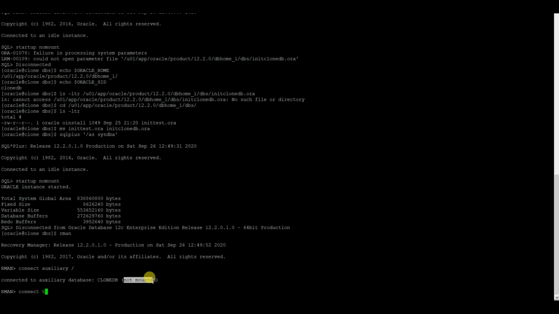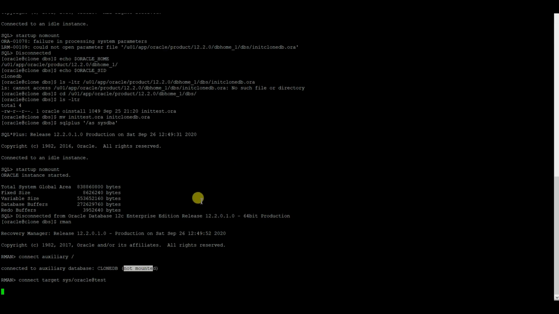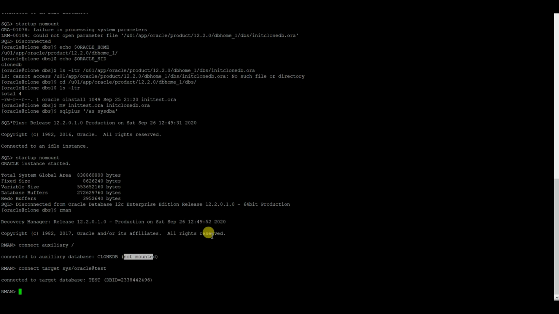And we need to connect our target. So this has connected to our target database, which has DBID this.